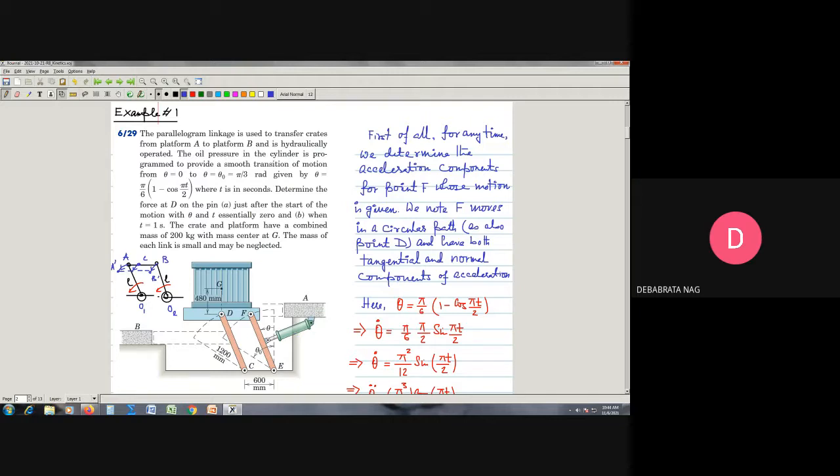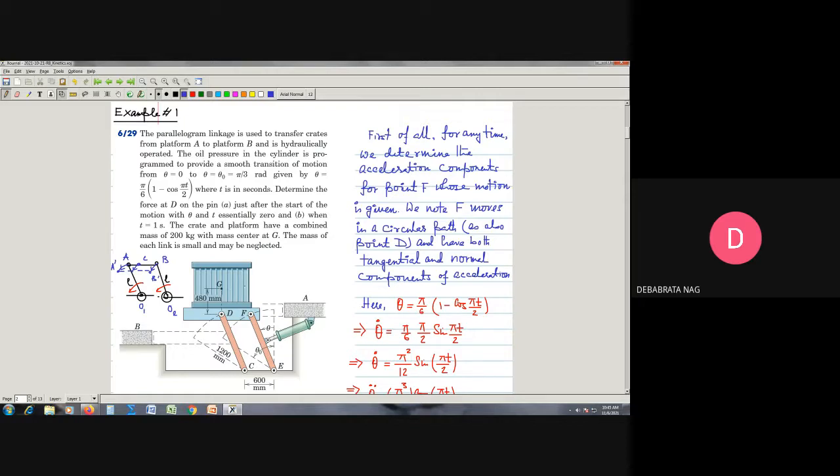This hydraulic cylinder is fixed at the underside of this fixed platform, and there is this rod which is extensible or contractible. So this rod can extend and thereby push this link, and the entire link can rotate in the clockwise direction, or it can retract, thereby moving in the anti-clockwise direction. So this is how this entire mechanism will work.